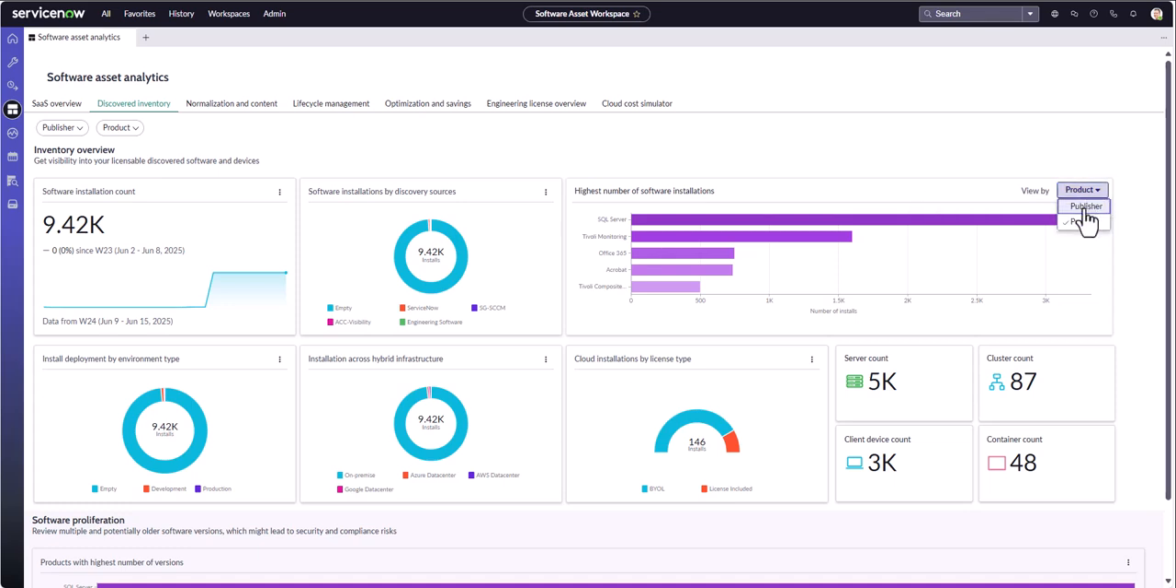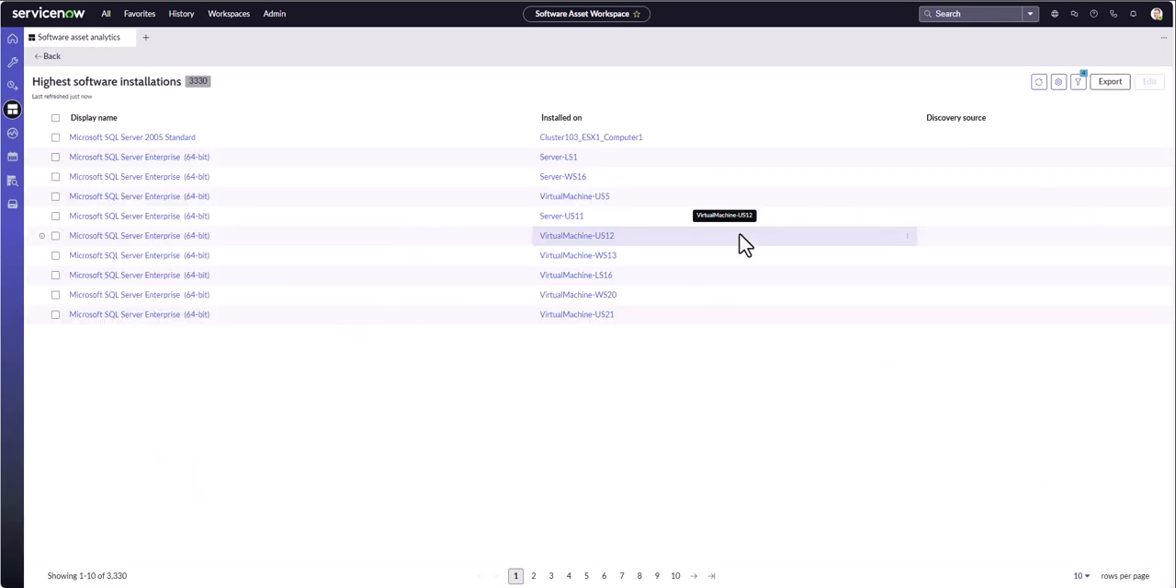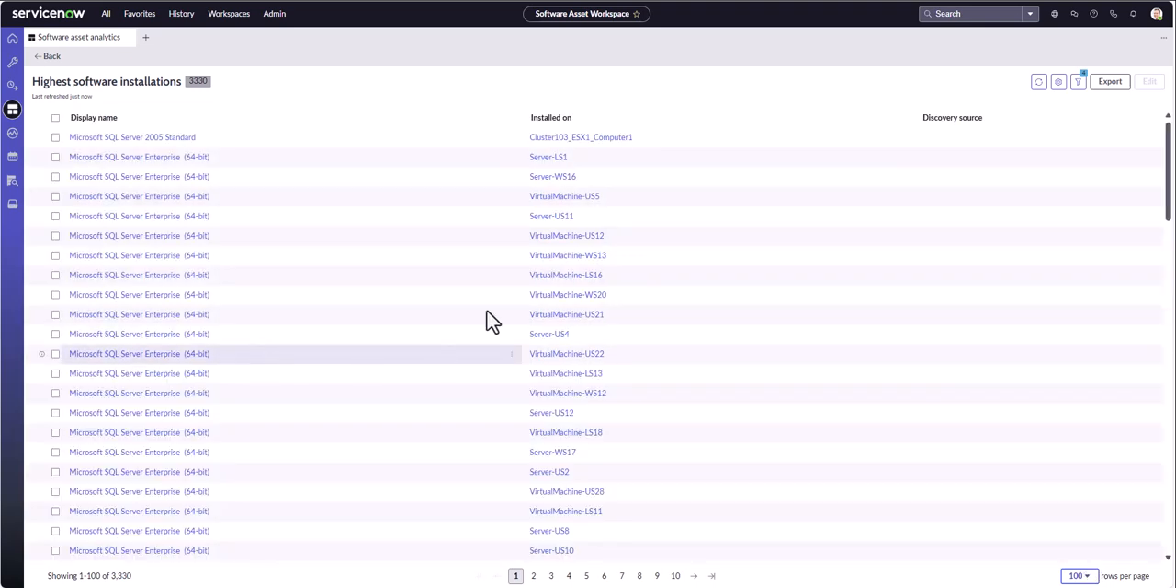If I wanted to take it a level up for just publishers, I can see that Microsoft, IBM, and Adobe Systems represent the three publishers with the most installations across my company. And as you guessed, if I click into any one of these visualizations, I'll see a filtered view of all of those installation records across those environments. So there's 3,300 records here, and I can expand this to see 100 at a time, including which machines are